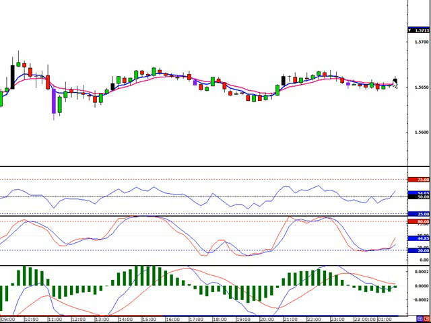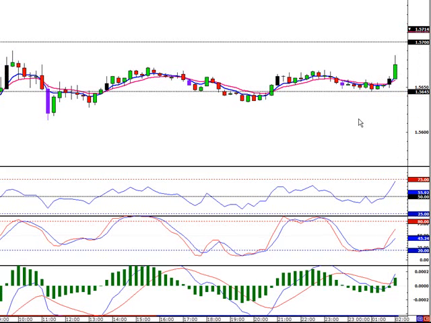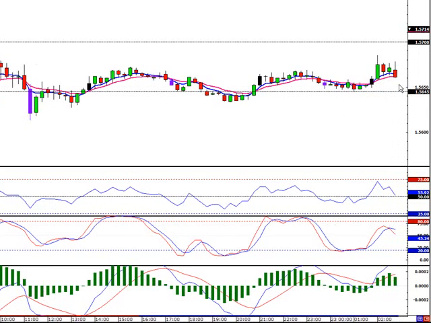So we're going to go ahead and enter at the close of the candle, or as close to it as possible. This case is at 56.59. Stop will be at the most recent swing low at 56.45. And our target will be at the next 0.50 level at 5,700. So we do have quite a few potential profit there. So we're just going to move forward and see what happens.